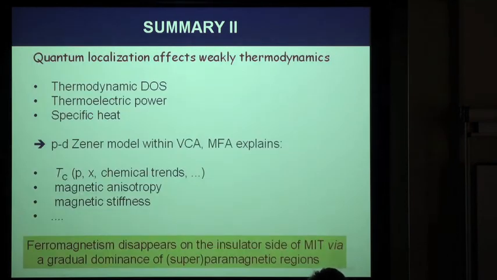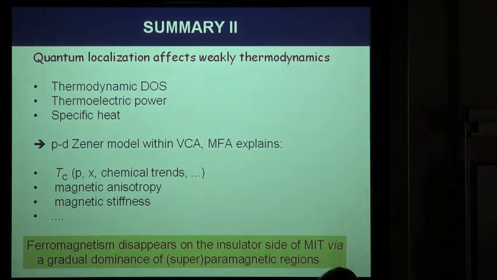So this will conclude. The final conclusion is that according to many measurements, including the measurements we did together with Hideo on the metal-insulator transition, the ferromagnetism disappears on the insulator side of the metal-insulator transition by a gradual dominance of superparamagnetic regions. So this critical transition from ferromagnet to paramagnet, with the temperature which we had access to, should be regarded as going through a superparamagnetic